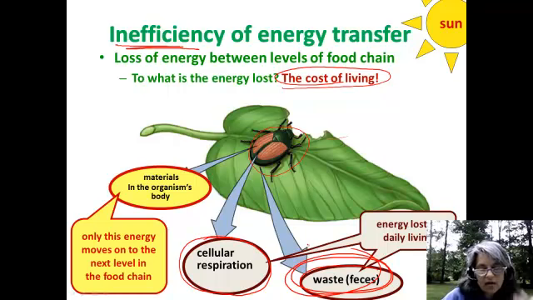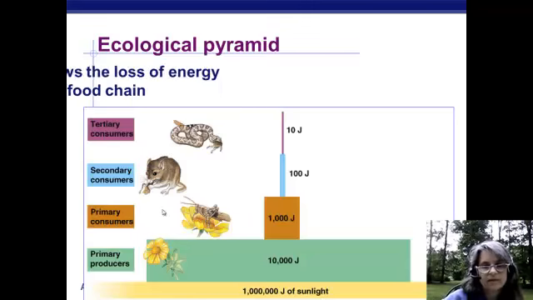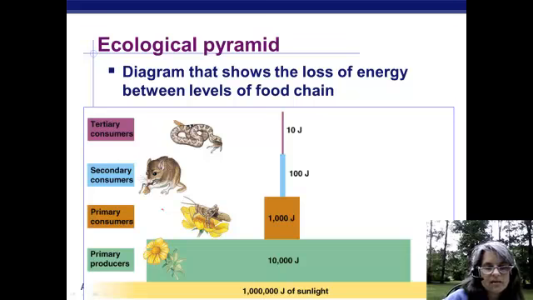What goes up the trophic level is all that the organism has when he dies locked up in his actual body tissues, which is just a small fraction of whatever energy he's obtained throughout the course of his life. This is the only stuff, the material in the organism's actual body, that's going to move on up to the next food chain if he gets eaten. Okay? And honestly,